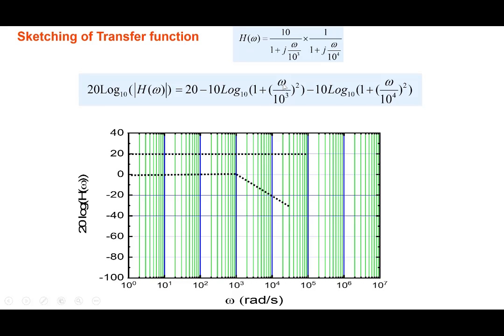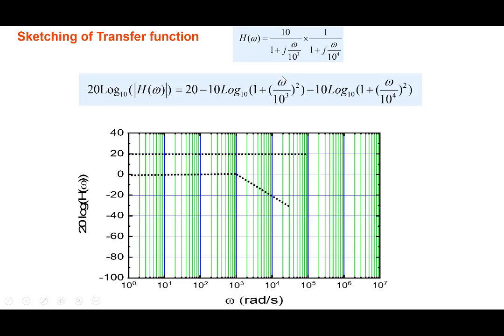Note that if I put omega equal to 10 to the power 3, I'll get log of 2. So it's not really 0 here, but I'm emphasizing that we are doing a simplified sketch here. Okay, so we keep it 0 dB till omega becomes equal to 10 to the power 3. Beyond that,